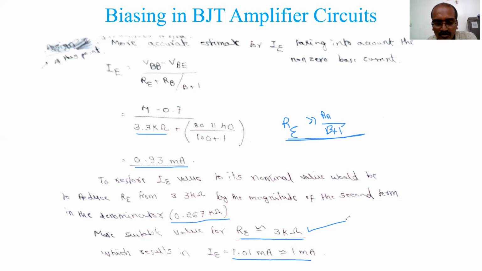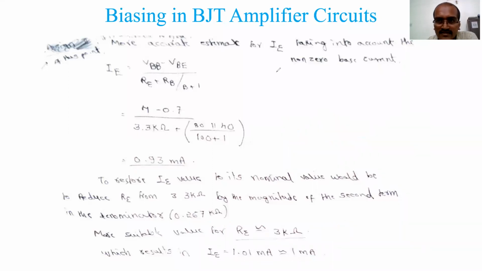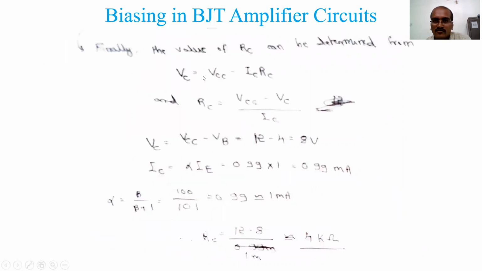Okay. So there is no clear-cut formula-wise answer. Fine. Now the last thing is RC, which we have to find out. In the design, what is left out? RC. For RC also we have the equation VC is equal to VCC minus ICRC. In the circuit you have RC here, on the upper side of the collector.